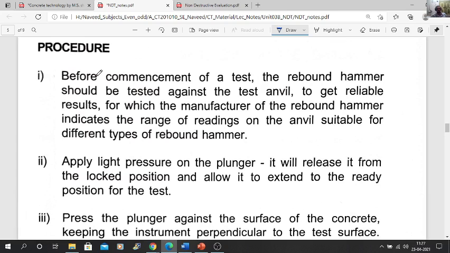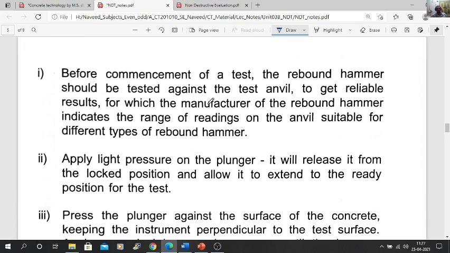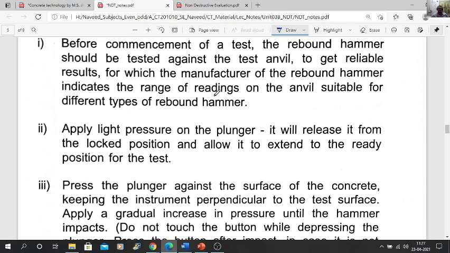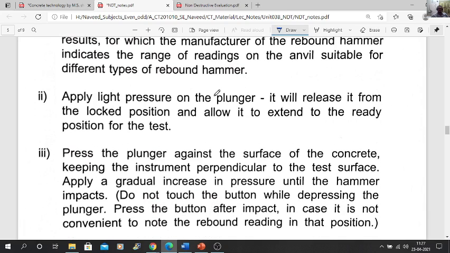How to perform the procedure, I have told you: prepare the surface, and then your rebound will be in the vertically downward direction. Apply light pressure on the plunger, and it will release the lock position, allowing it to extend to the ready position for the test.